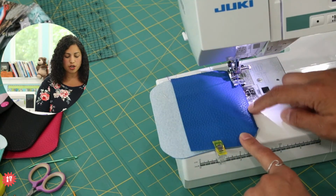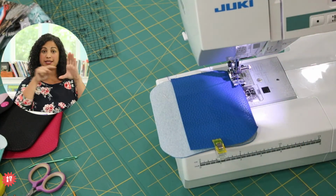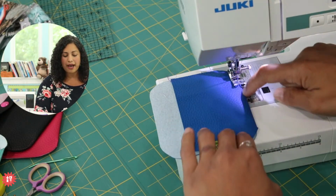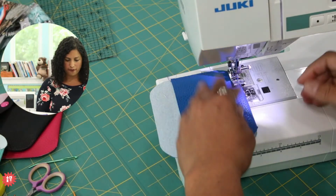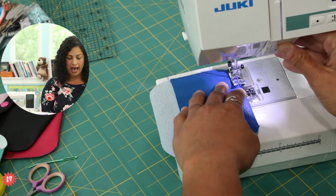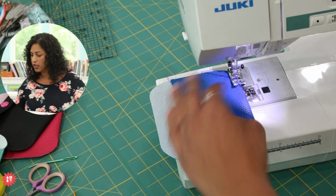Now, I've come past the curve, and because our template piece had us cut one continuous piece, where it's folded, it's just a fold. It's not 2 separate pieces. So you don't have to stitch all the way across the fold because the fabric is holding that closed, right? It's just on the fold. So once I come past that about 1/2 inch past the curve, I'm just going to hit it with a couple back stitches because you want to secure that too. We'll lift the needle up,